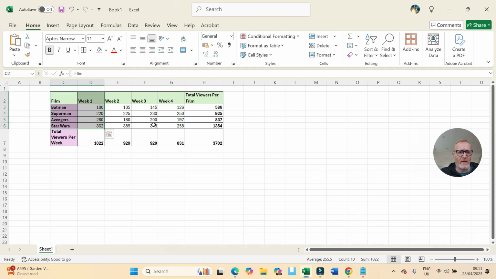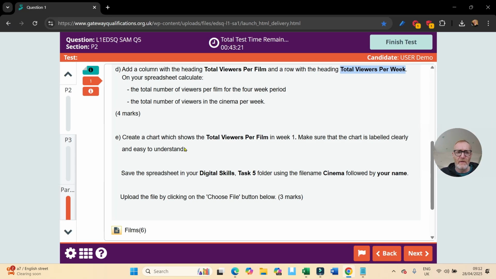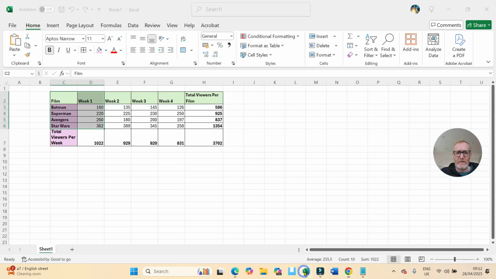So I just need to highlight that there. I don't need the total views per film, it's just the total views per film in week 1. Let's just go back and make sure that's the case. Create a chart which shows the total viewers per film in week 1. Okay, so what I'm going to do is go back to there. So I've highlighted this here,